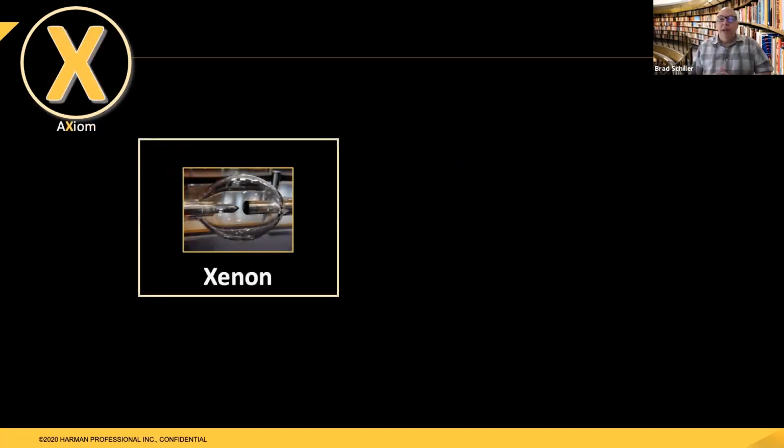Xenon was a type of lamp that you might see in a follow spot or a strobe light. It was a discharge lamp that used xenon gas inside it. Really, really bright and really, really dangerous. These were known to explode as well. They were around quite often. They still are. You can find them sometimes. But nowadays, most everything's kind of moving on to LEDs, so we don't see a lot of xenon lamps anymore out there.